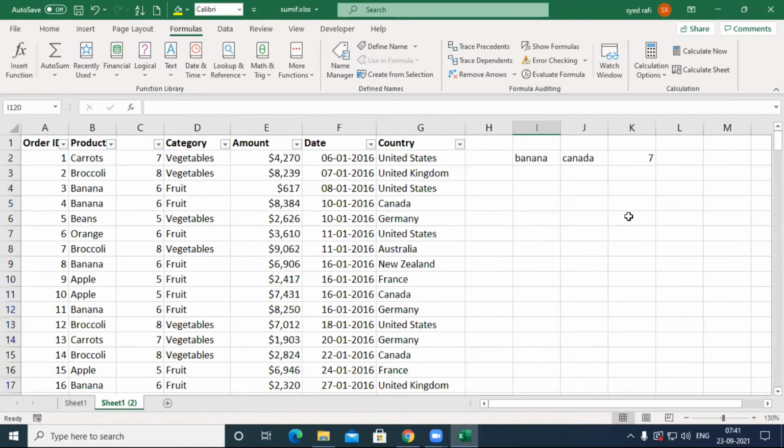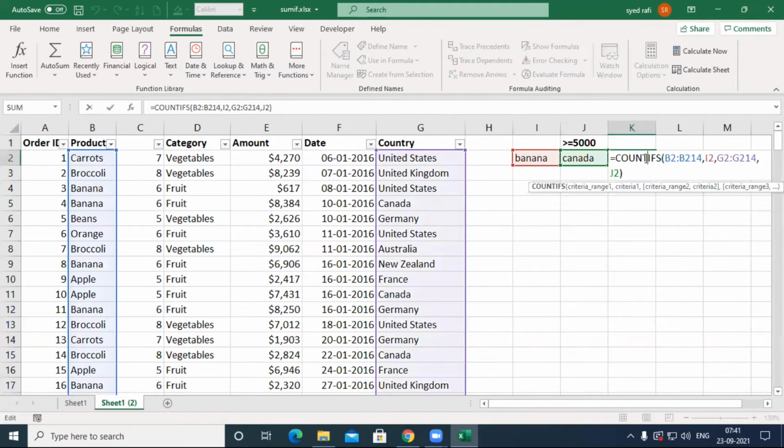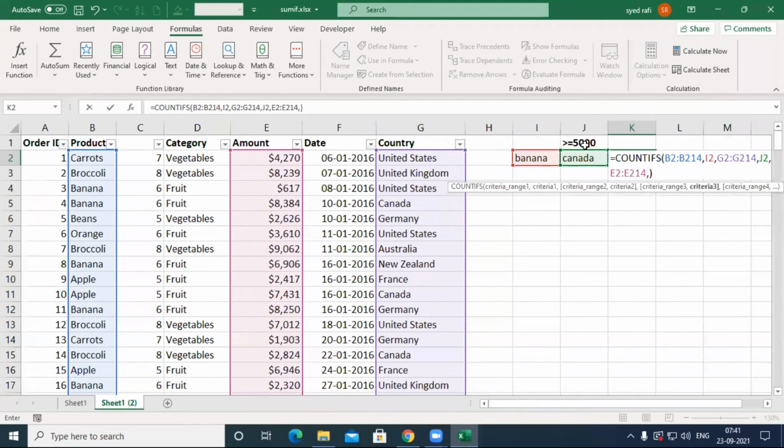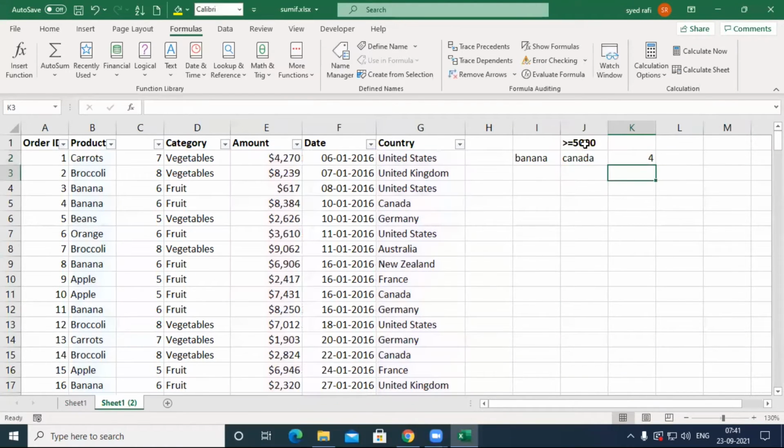Let's remove all these and place here greater than or equal to 5,000 as another criteria. Simply give a comma at the end. The criteria range is this one, comma, and the criteria is this one. Press enter and the same value is displayed.